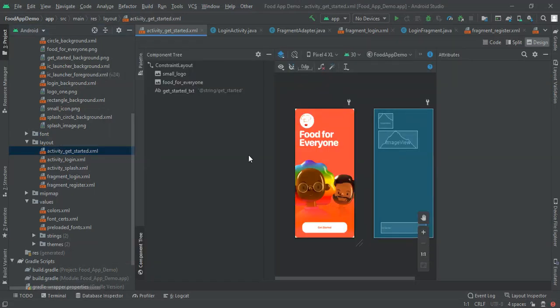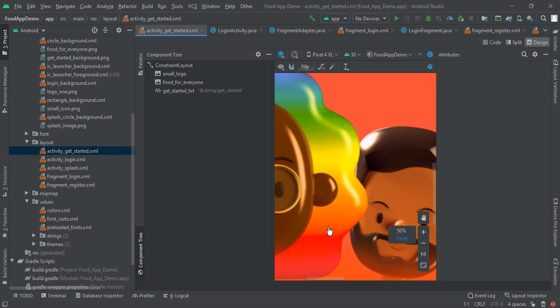Continuing our food application in Android Studio, this is the fourth part of that food application series, in which I am going to show you how to make a login screen using fragments and view pager. This will be the modern login screen using fragments and view pager. So let's begin. First of all, you can see here we have the get started button, and in our previous video